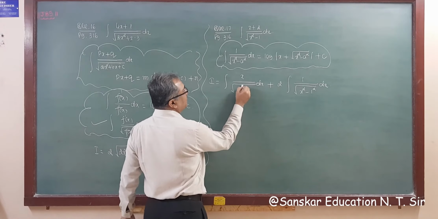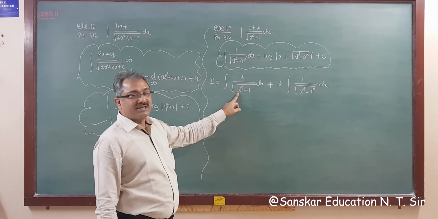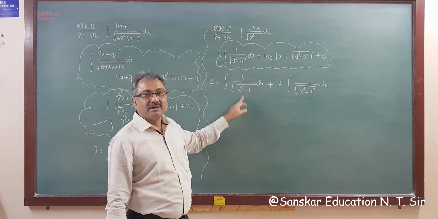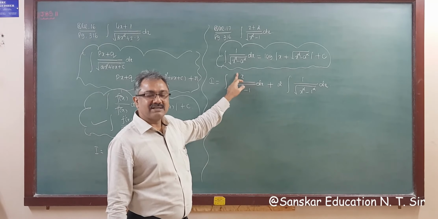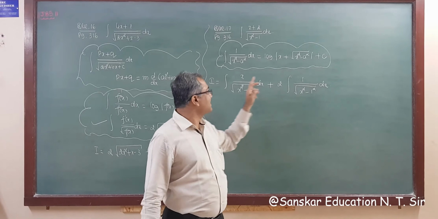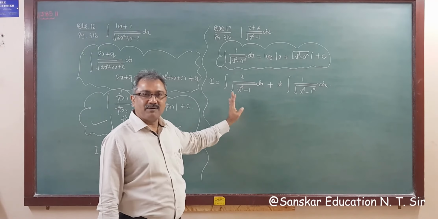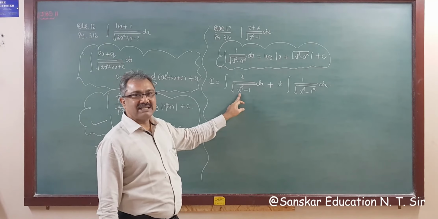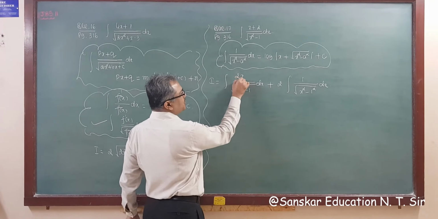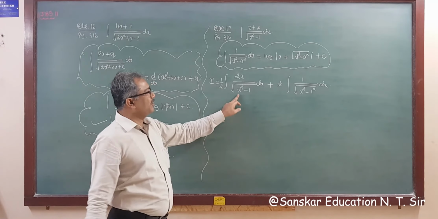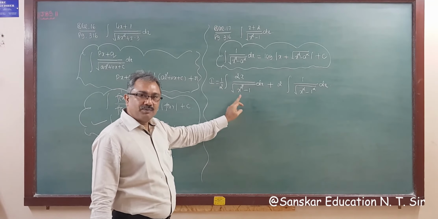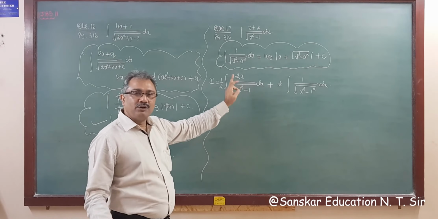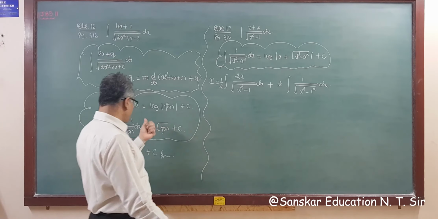Now, because this is not a standard formula, and this is your standard formula, for applying the standard formula you need 1 in the numerator, that is any constant like this, but this is x. So in this type of question you have to check whether the derivative of the denominator is in the numerator. The derivative of x square is twice x, but this is x. So you can multiply by 2 and divide by 2, and you will get the derivative of this here. And if the derivative of the denominator is in the numerator, then the answer is log mod f x, and if the denominator is in root, then the answer is 2 root f x.